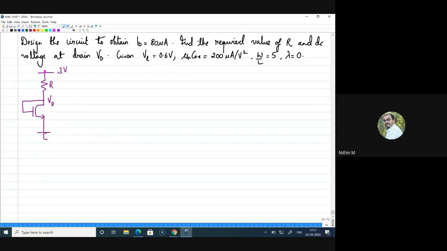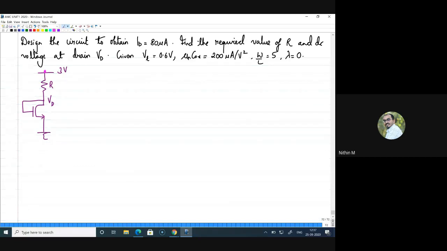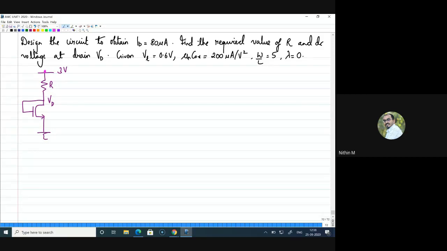Since you have solved that assignment and you're a little more comfortable with the DC operation of MOSFET, I'll go at a slightly higher pace today. I want answers in the chat box for the questions I'm asking. The first question is, in which region of operation will the transistor be? Some are saying saturation. Yes, you can put your answers in the chat box. If you solve this numerical, I can say that the MOSFET is in saturation.